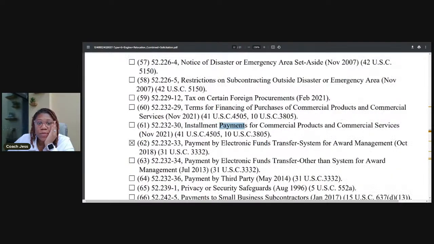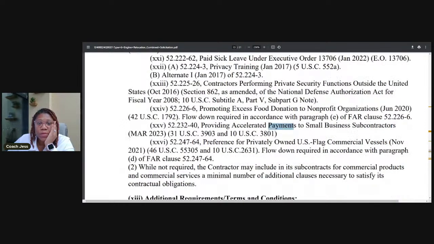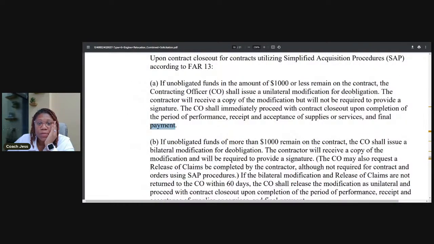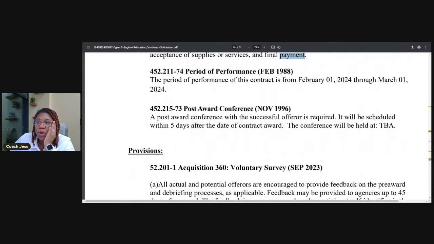Let's keep going. They're supposed to give you information on payment. I don't see it. Period of performance. Oh, let me make mention of this since it's here. Once you're awarded,